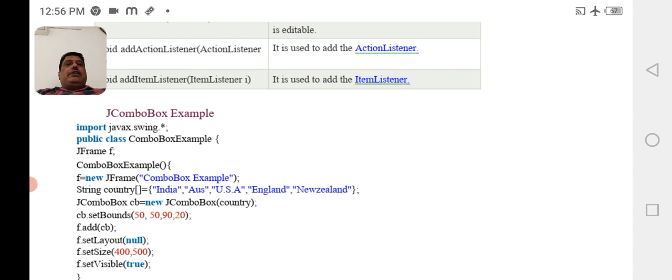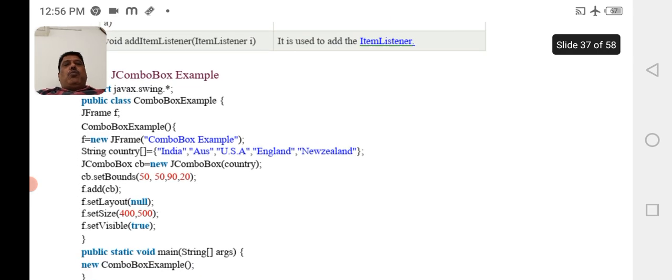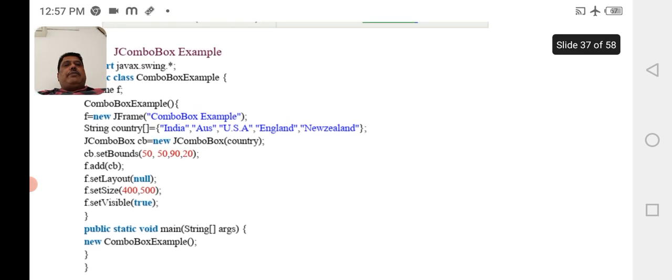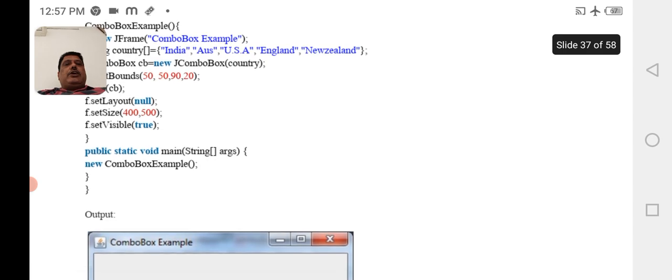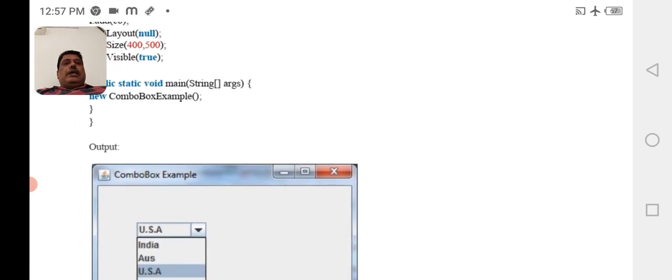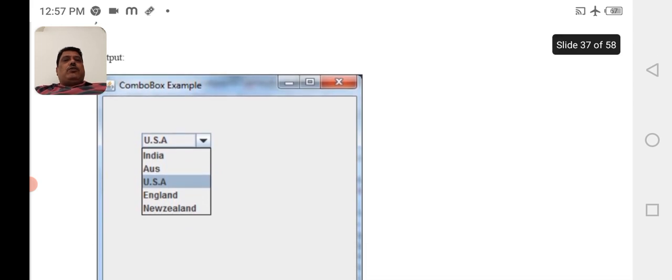Import javax.swing.*, public class ComboBoxExample, JFrame f, ComboBoxExample() { f = new JFrame("ComboBox Example"); String country[] = {"India", "Australia", "USA", "England", "New Zealand"}; JComboBox cb = new JComboBox(country); cb.setBounds; f.add(cb); f.setLayout; f.setSize; f.setVisible(true); } public static void main(String[] args) new ComboBoxExample. Executing the above program, we will get the output as